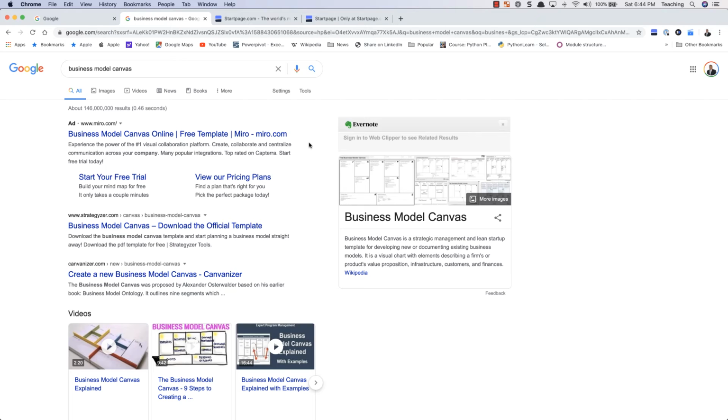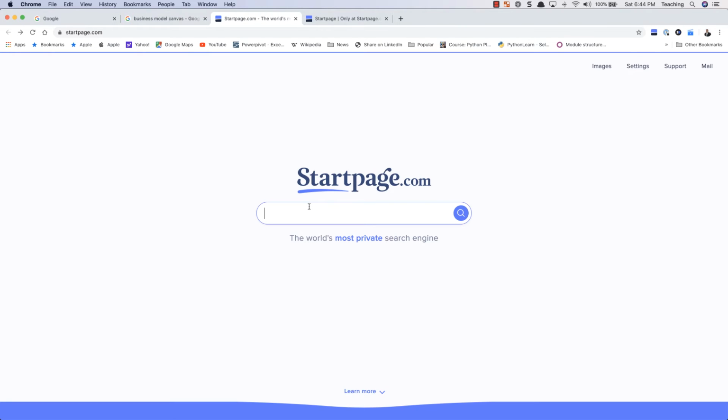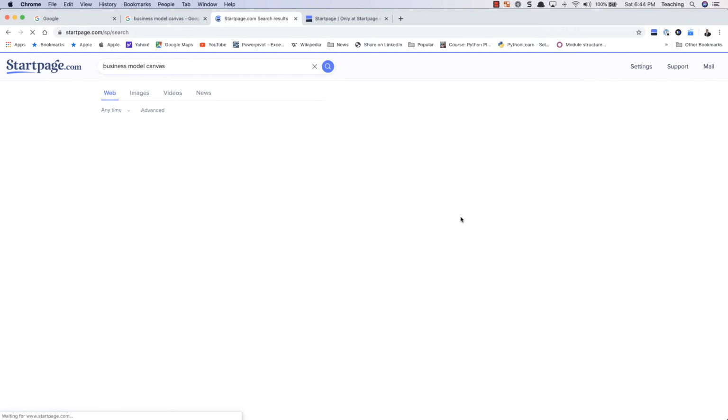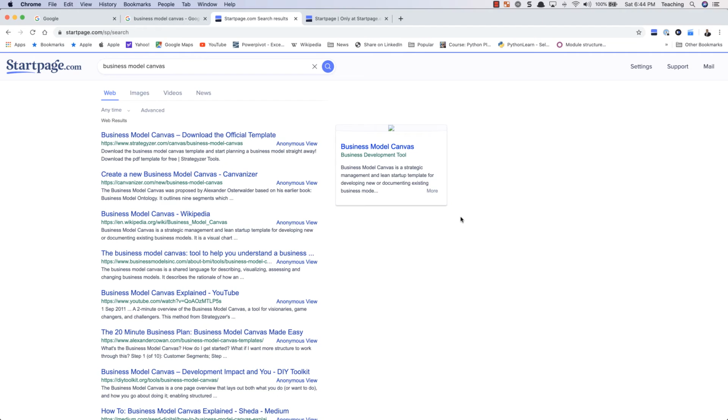Now if I go to Startpage and put the same information over here, business model canvas, and I search on it, you will notice that this is using Google as its search engine, but at the same time it is bringing an anonymous view to each search result. So let me click on the anonymous view now.